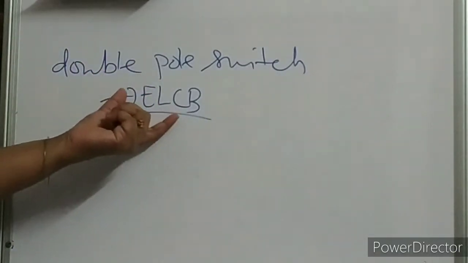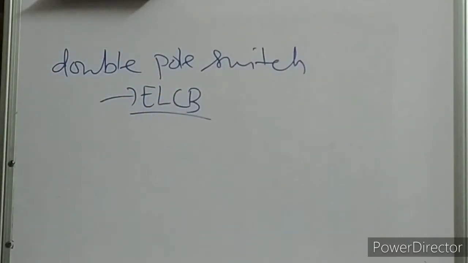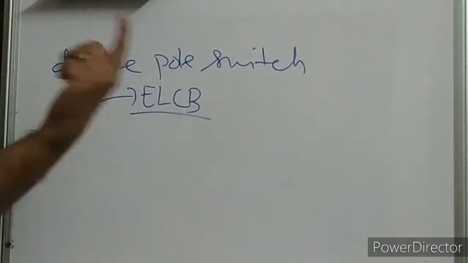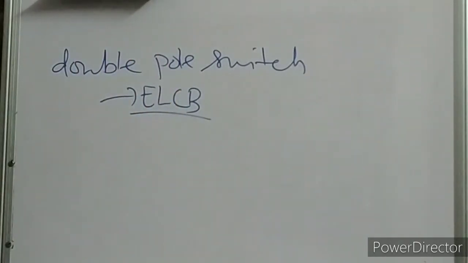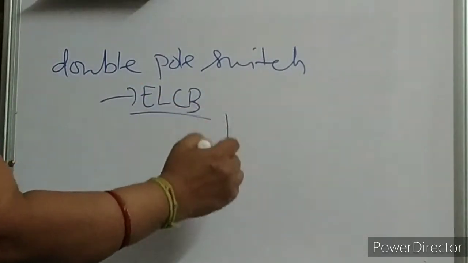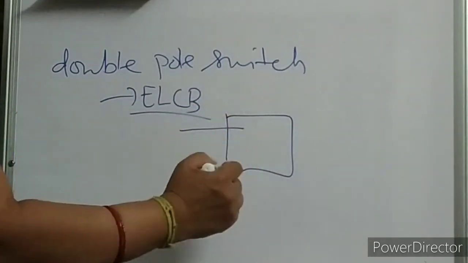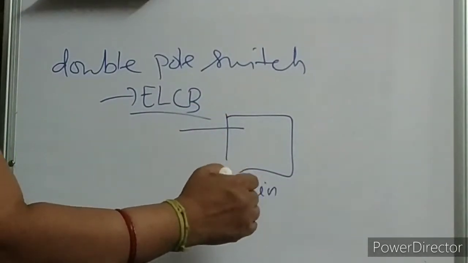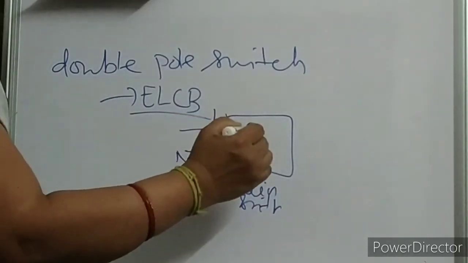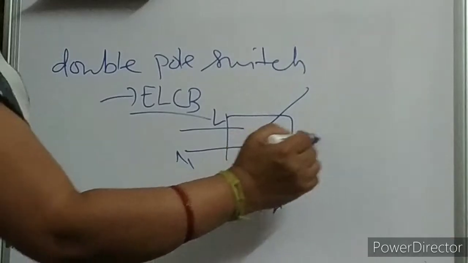Okay, and why is it connected? Why are both live and neutral connected to this? Because you can tell, live wire carries your supply, neutral is only at 0 volt. Then what is the use? Why were you connecting this through the main switch? Actually, both the live and neutral wires have to be cut off when this main switch is operated. Suppose this is your live wire and this is your neutral wire. Here it has to be cut off, children.